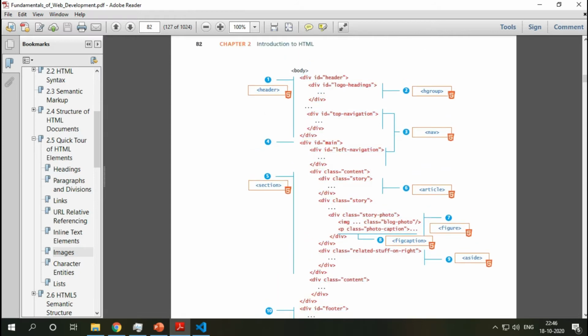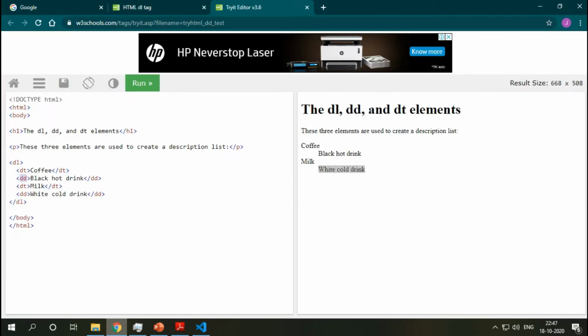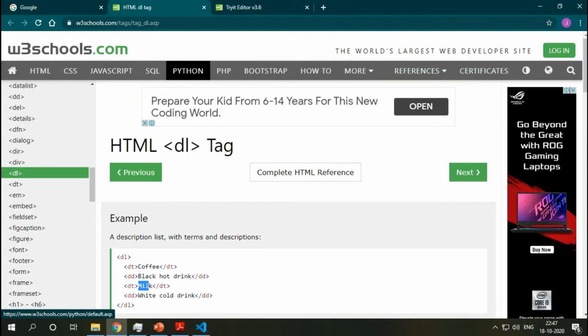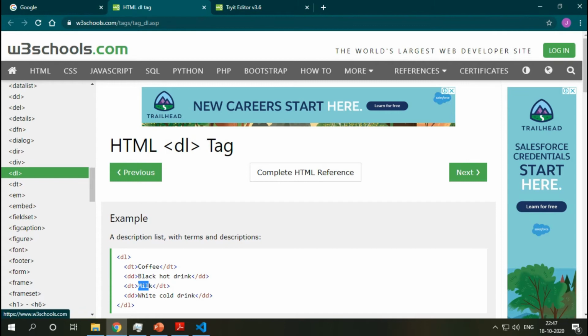What they commonly found is that the first division ID will be header, then the division ID will be top navigation. If you visit any website, you will have a header like this, where we have your website name, banner, some information. Then you will have a navigation tag.